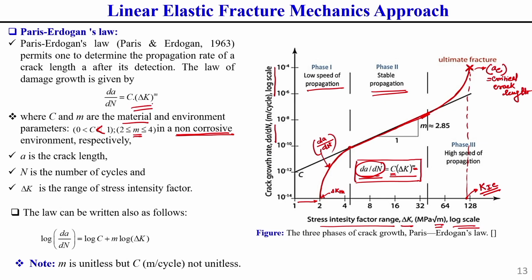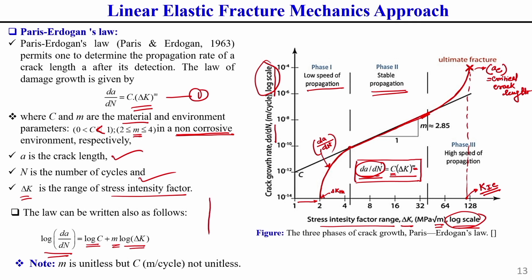So, in this equation A is called crack length, N is called number of cycles, and delta K is called cyclic range of stress intensity factor. This curve which I am showing here is in log scale, always keep this in mind; that is why it is in linear form. Now, this equation 1, that is the Paris equation, if we take log on both sides, what does it give? You see, it gives log dA by dN equal to, on the right side, log C plus M into log delta K.